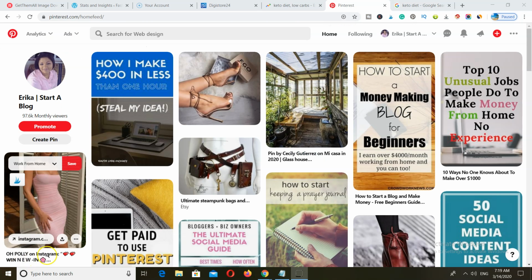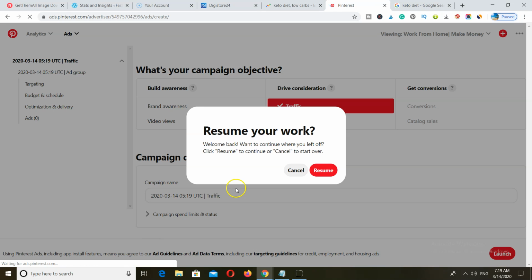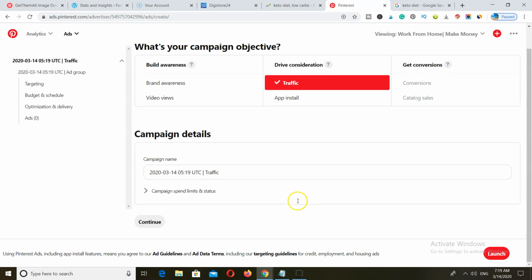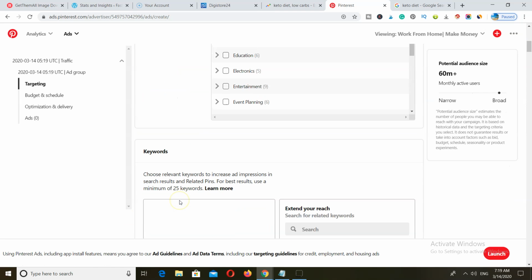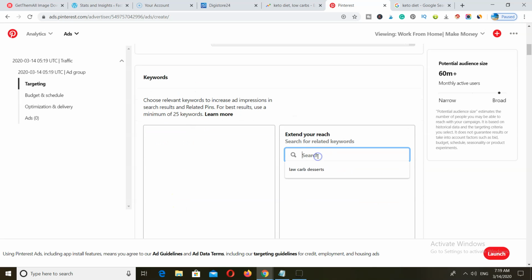Now you want to go over to Pinterest to do your research. So you need to have an existing Pinterest business account for this to work. You need to head on over to ads, create ad, and cancel. And you just want to navigate to the traffic section, click on continue, and you want to scroll all the way down to where they have the keyword section. So I'm going to type in low carbs,